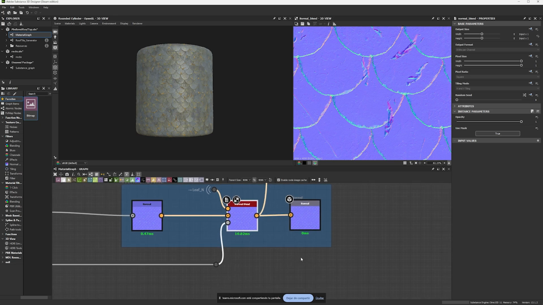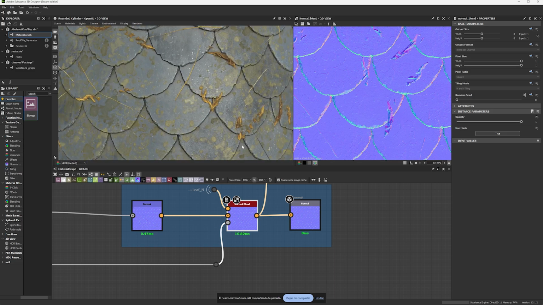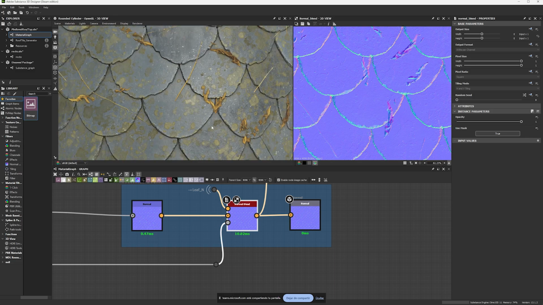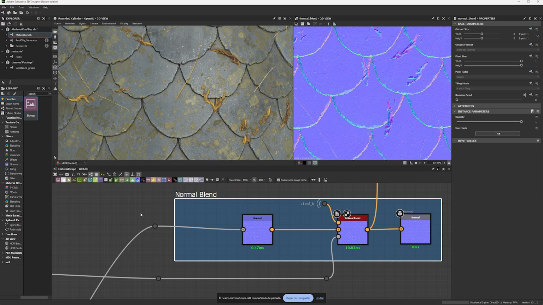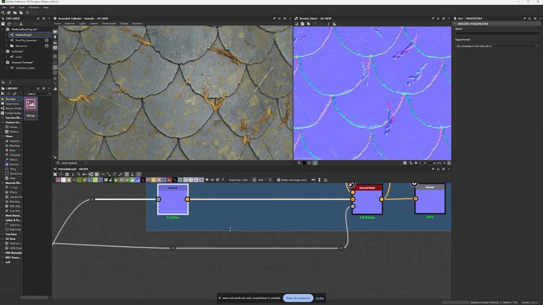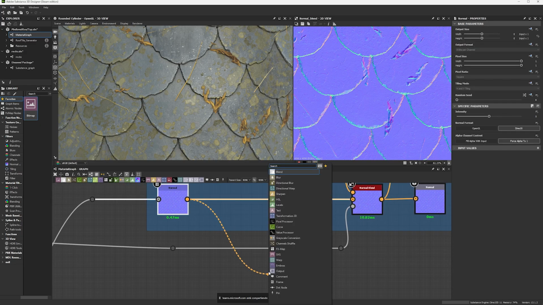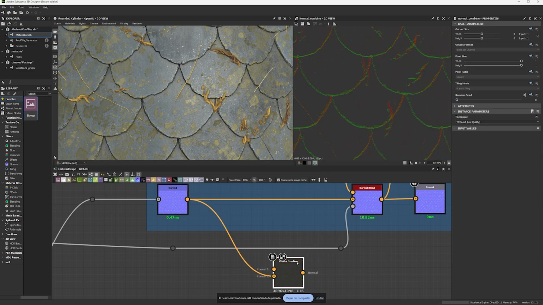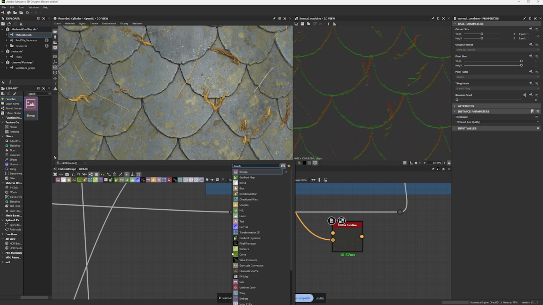a mask. Now, let's say I didn't want to add leaves and I wanted to add some kind of stone detail to my tiles. Let's say I went to Quixel Bridge and I downloaded a grunge for stones. What I would have done is I would have come here to normal and looked for normal combine. Normal combine is kind of like the same as normal blend, but it works in a different way. So I'm going to go for black and white spots two.